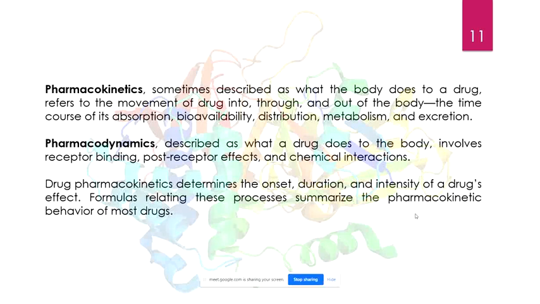Now obviously for any molecule, if it gets absorbed 100%, then it's much better. And how will it get absorbed 100%? If it is water soluble, because if a molecule is not water soluble, then it is not going to get absorbed through your body. Understand? So next comes the distribution part, where the molecule is getting allocated to.